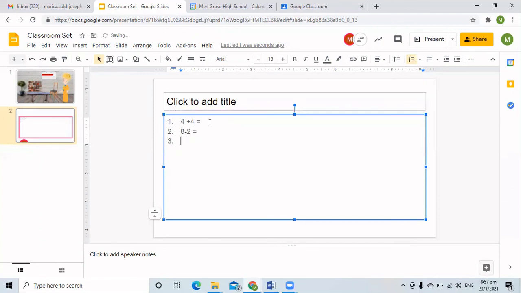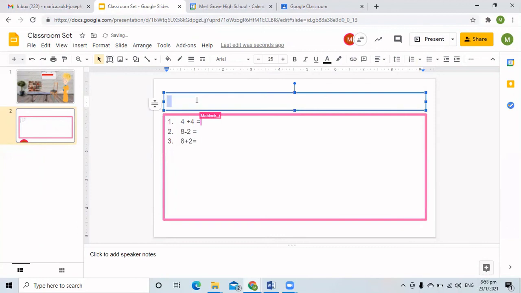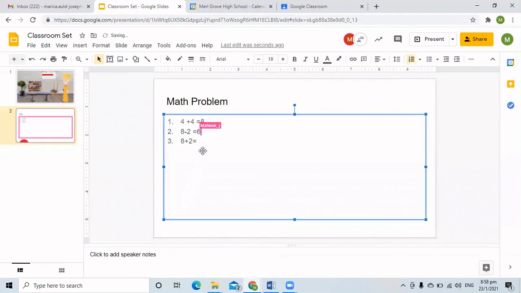We can have 8 plus 2 equal. I'm going to put a title, math problem. All right, so he's actually putting in the answers, and that's basically it. So as we see, both students and teachers can work on the same document, make it interactive, so persons are actually working other than